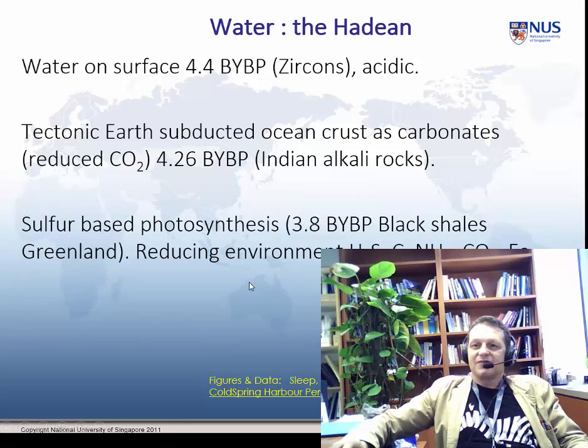Black shales effectively mean sulfur-based photosynthesis, not oxygen-based that we have, but sulfur-based. The atmosphere was very, very reducing, and clearly this happened in the ocean part of it, so the ocean was very reducing, with lots of hydrogen sulfide, elemental sulfur, elemental carbon, ammonia, carbon dioxide maybe, iron, lots and lots of very reducing